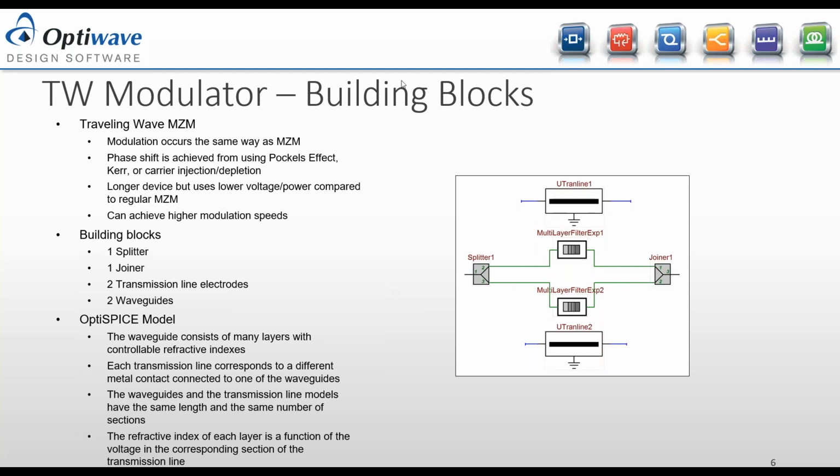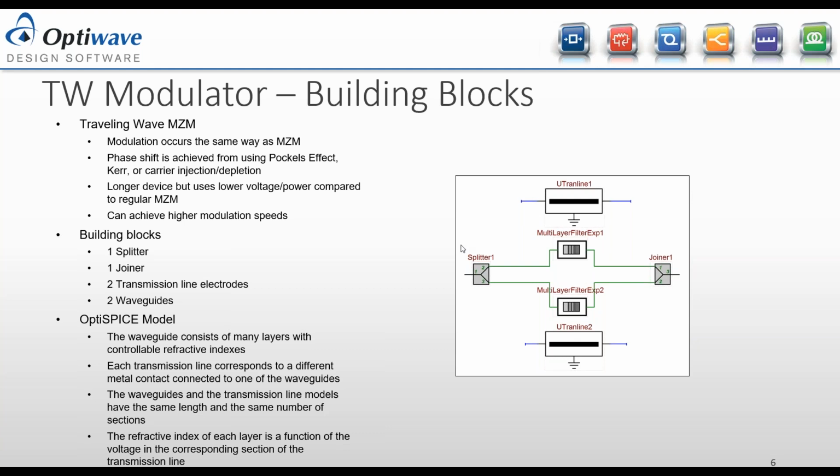Now let's look at how we modified the model in order to get to a traveling wave modulator. Initially we didn't have any metal contacts, or they were just basically a voltage connection into the multi-layer filter. Now the way we have improved this model is by adding 2 transmission lines to model the metal